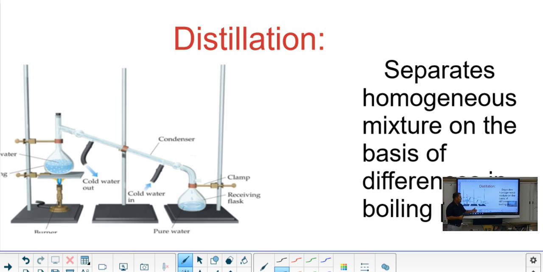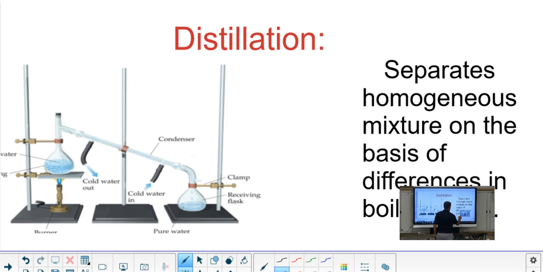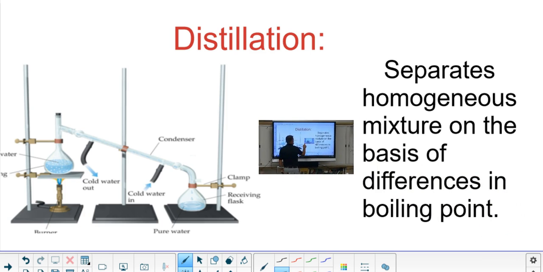So distillation is separating a homogeneous mixture on the basis of different boiling points. All right? The boiling point of water is 100 degrees. It's not going to get that hot in this room, but we do know that we have evaporation happen. And you'll learn about that in chapter 13, like why it happens. But then the stuff in the water, it's a solid. It doesn't really evaporate. So it'll be left after the weekend. All right?